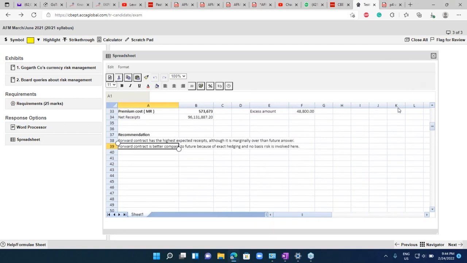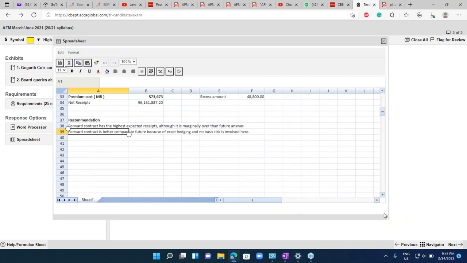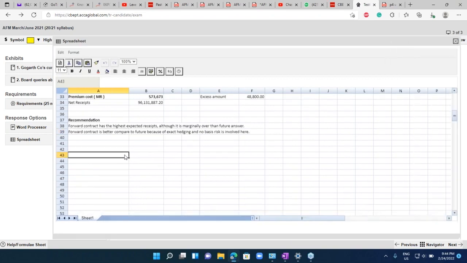So I was explaining that we have to compare the forward with the future. Here the forward contract is slightly better. So we will explain the forward with the future. Then you will write that although